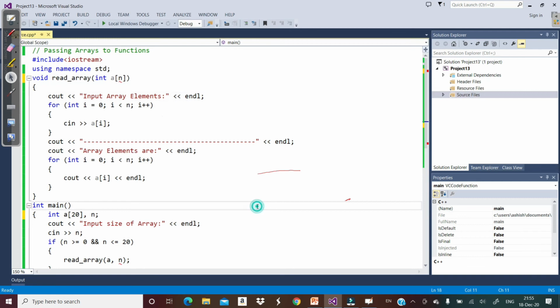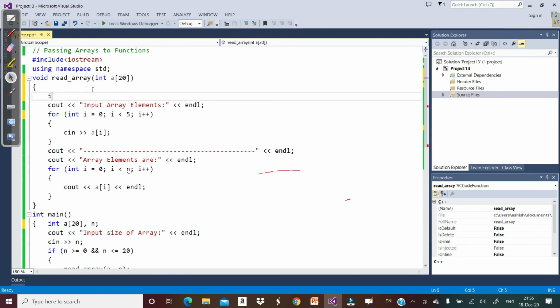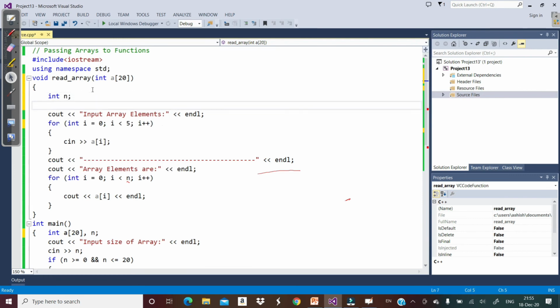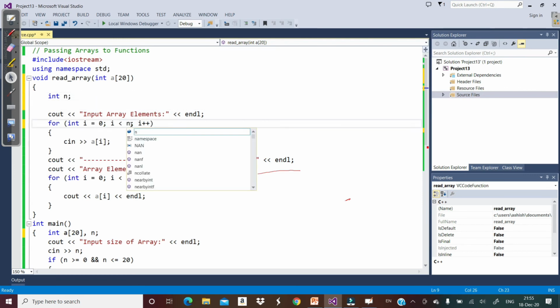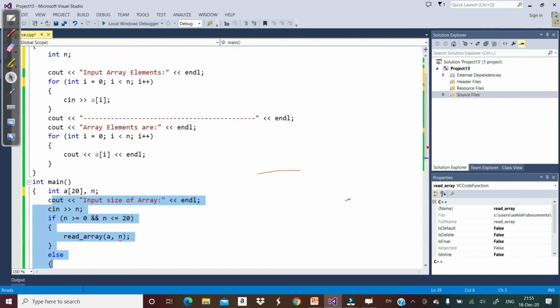You can simply pass it here, but because this array variable and that array variable are different, you cannot pass that number variable. You should pass a constant. So let's say it is 5. So here always our array size will be 5. Or what you can do, if you want to pass n, declare here 20, and then instead of writing n here, do it there, int n, and then you can write input size n, and everything should be there.